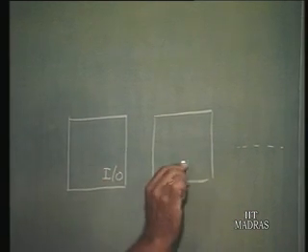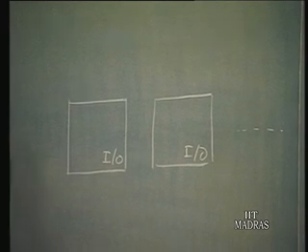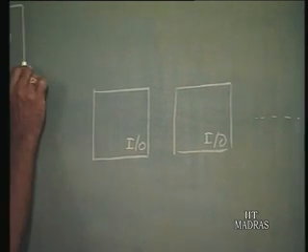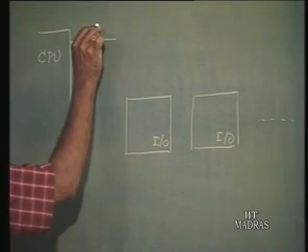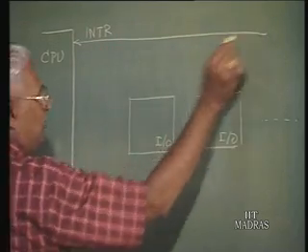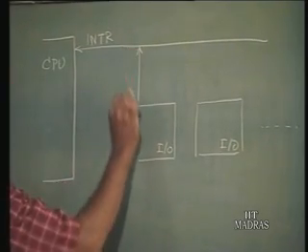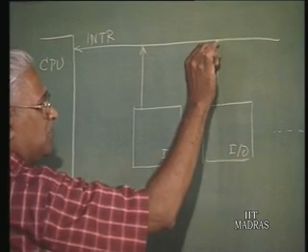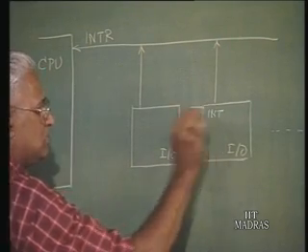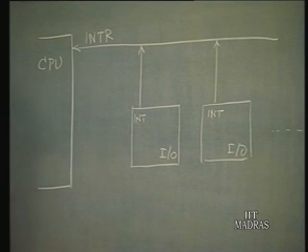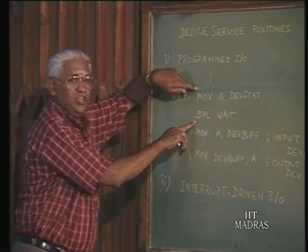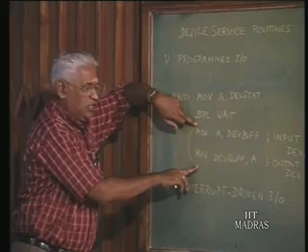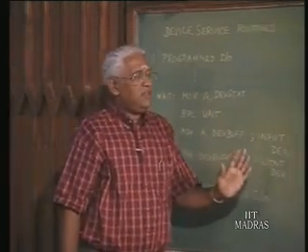Now the IO is going to interrupt. So, the interrupt input is there to the CPU. The IO, when it is ready, puts up the interrupt signal. So, the CPU is not going to check whether the device is ready. It is only this part that is needed, that is, whenever the device is ready,